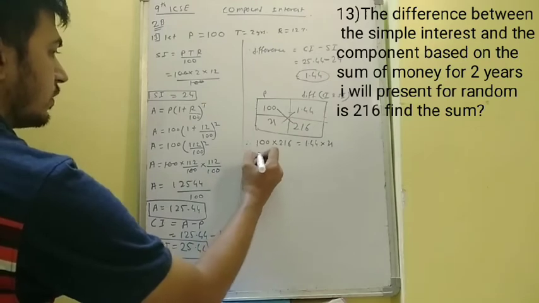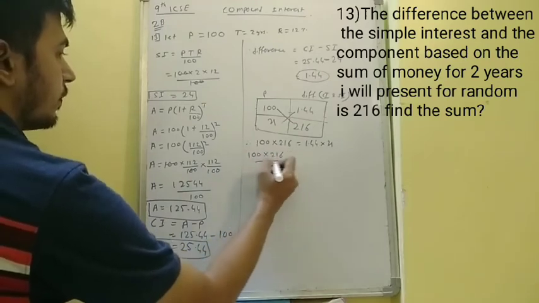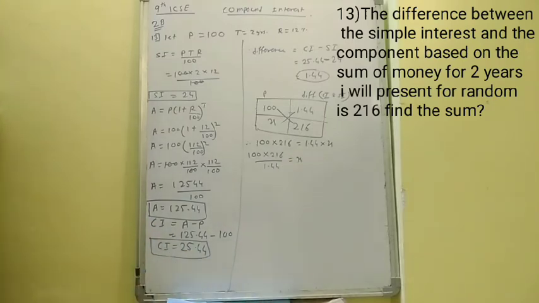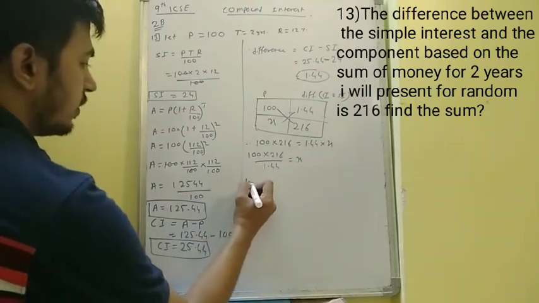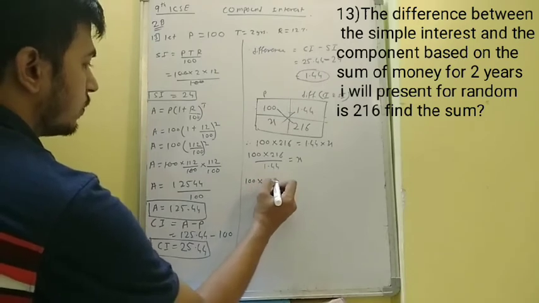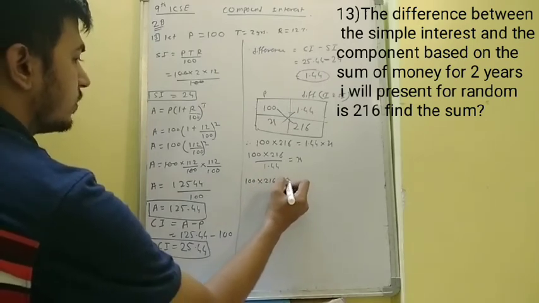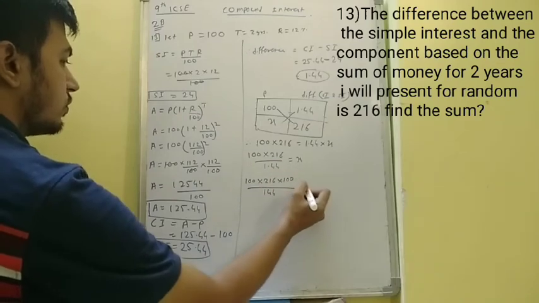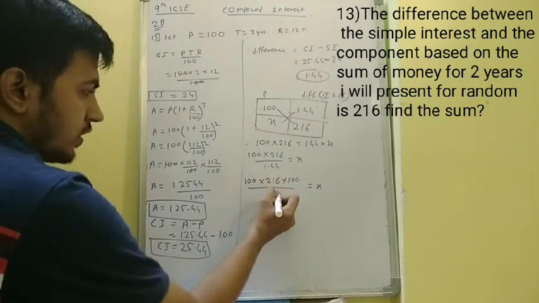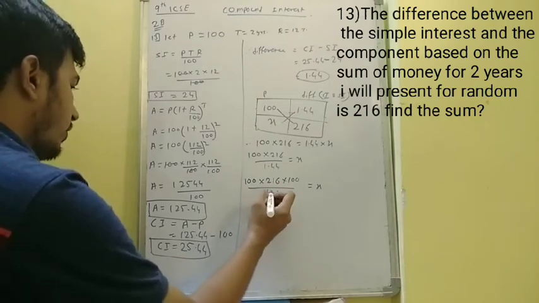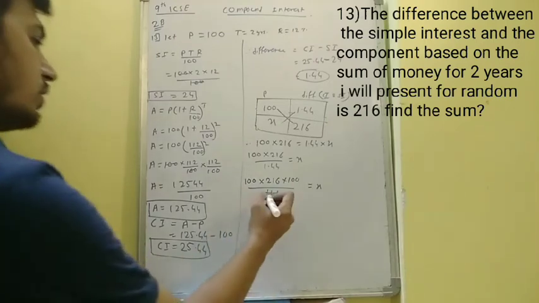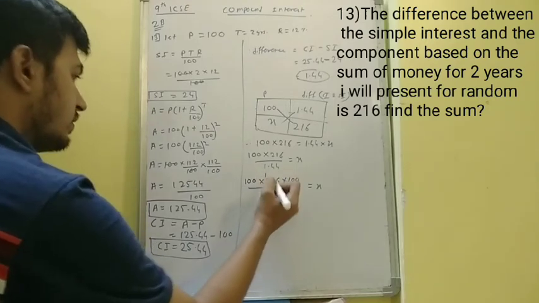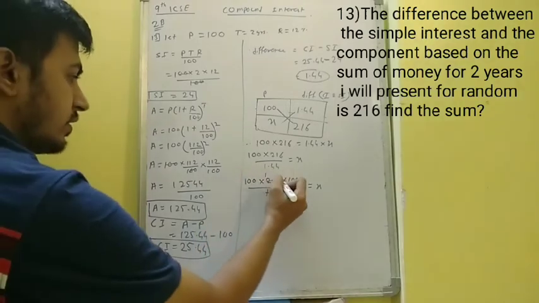1.44 will come here upon 1.44 is equal to X. So we will multiply by 100 in the numerator as well as denominator. So 100 into 216 into 100 upon 100 in the denominator also. Okay, so I will divide it by 12. 12 ones are 12. We have 2 remaining. 12 twos are 24. Over here 12 ones are 12. We have 9 remainder. 12 eights are